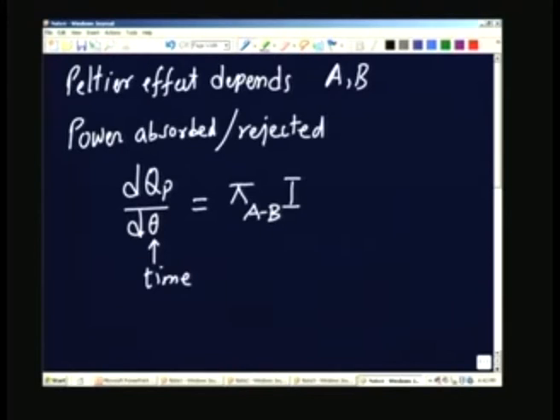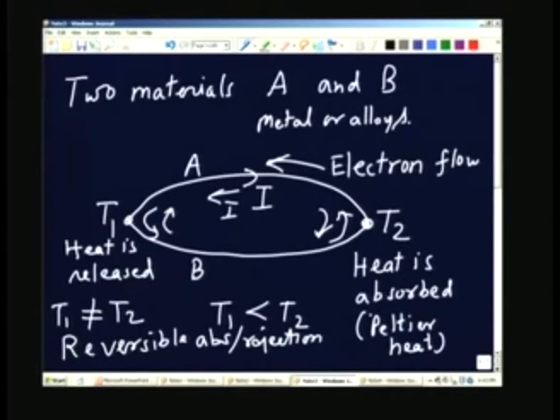Okay? And in the case of two junctions, we can go back to the previous drawing here. The current is moving from, or the electrons are moving from B to A here, and here it is moving from A to B. Okay? So, at one junction it is going to move from the material B to A, and at the other junction it is going to go exactly the opposite, and therefore, at one junction there will be absorption of heat, at the other junction it will be rejection of heat. Of course, that depends on the temperatures.